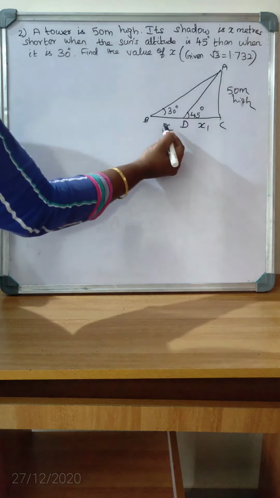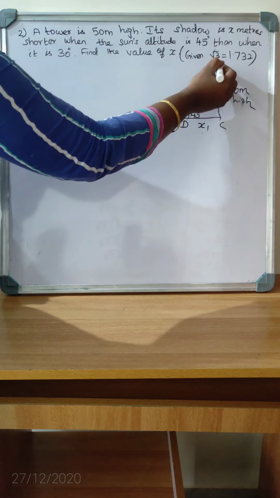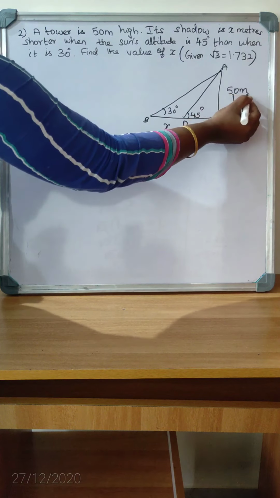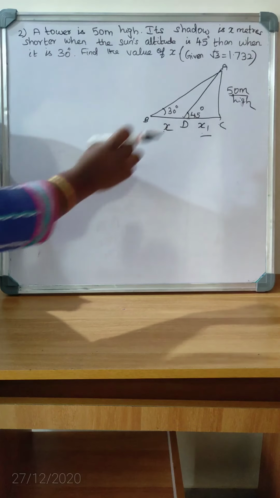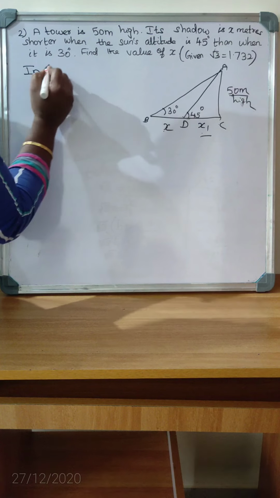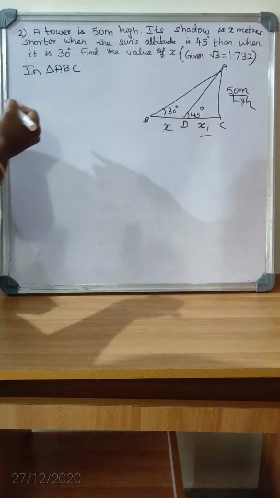So why we are taking it as x and x1 is because when you are considering this triangle ADC, tan 45 is 1. So the same height of the tower we can equate it. So that's why we are taking it as x1. So now I am considering the triangle, in triangle ABC,